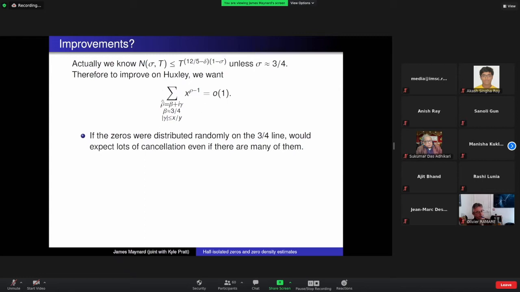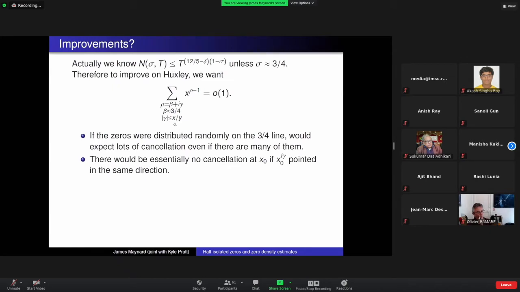And if you can get some non-trivial bound on this sum over zeros, some improved bound, then you would expect to get an improvement in the length of the short interval that you can handle and still get an asymptotic formula for. So a couple of comments about this sort of sum. Even if there were lots of zeros, you might expect that this sum should actually have quite a lot of cancellation within it. And so if there was lots of cancellation, you would quite easily get results about primes in short intervals without necessarily needing to improve on zero density results.